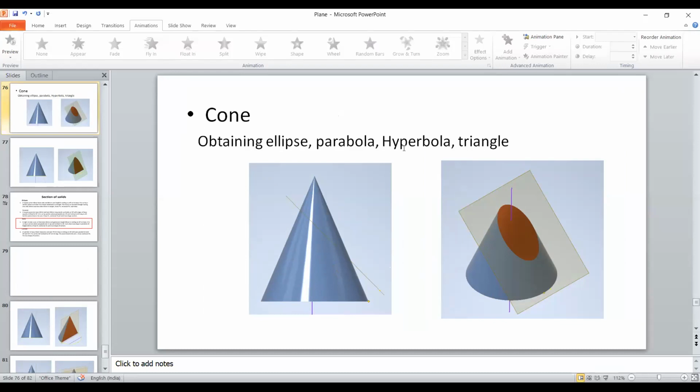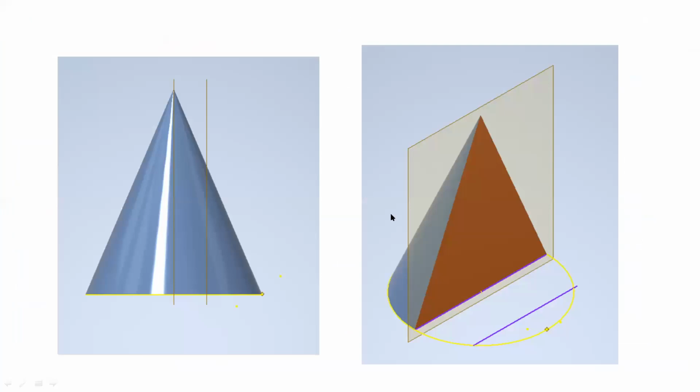Now next is the hyperbola. For the hyperbola, if you select the section plane which is perpendicular to HP and perpendicular to the vertical plane, that means this section line must be vertical, in that case you will obtain the true shape as a hyperbola. Let us see in 3 dimension.